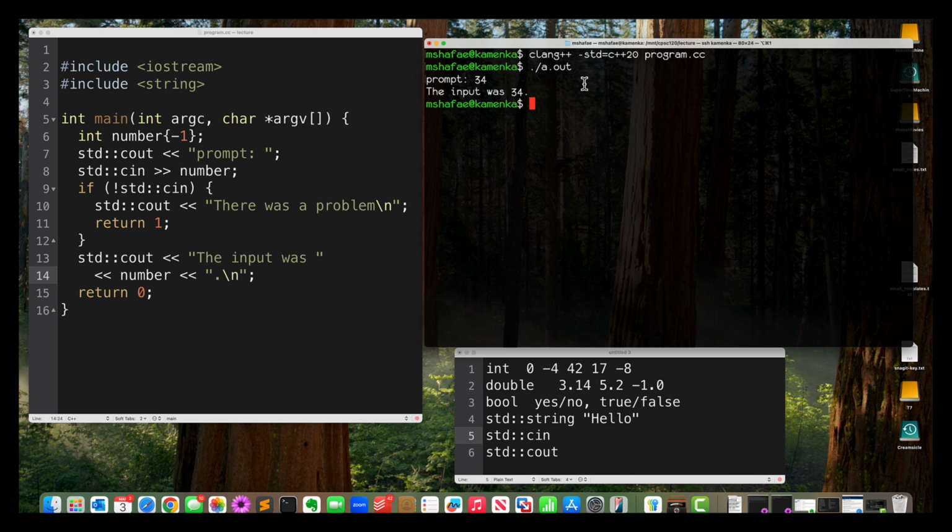How is it that Clang++ can get something from the command line, but our programs can't? How is it possible that a program like Clang++ knows about what we typed on the command line? I mean, consider it's a chicken and egg problem, because when I write this here on the command line, Clang++ hasn't started executing yet. If I type ls program.cc, this needs to be passed to ls in order for ls to show me that. If I want to type any command and pass some argument to it, there has to be something that connects